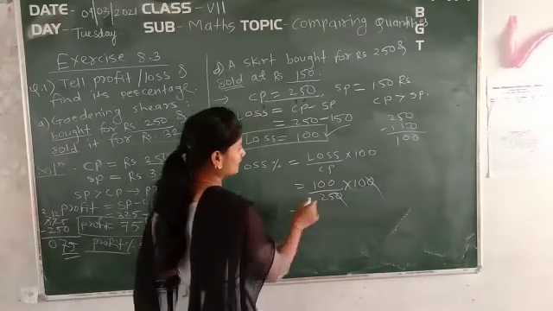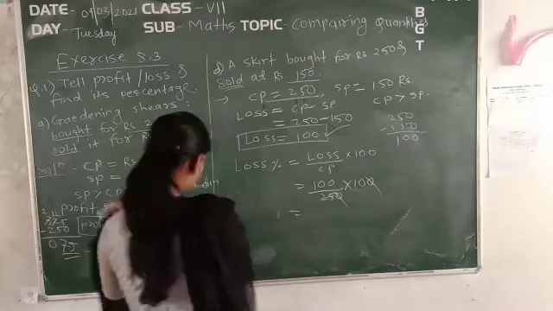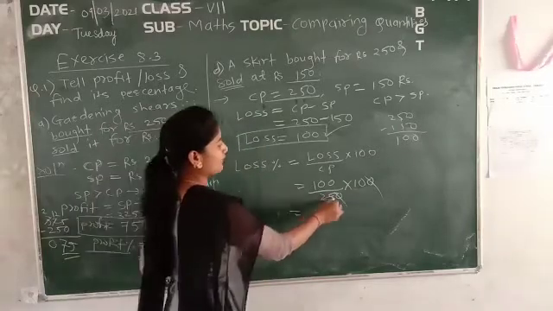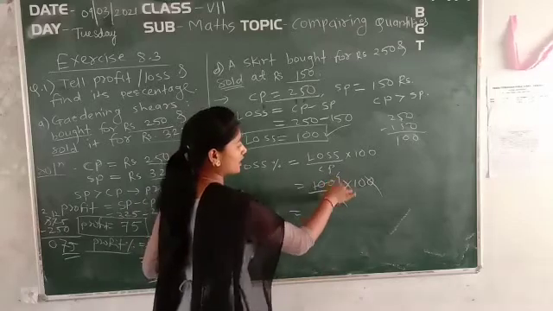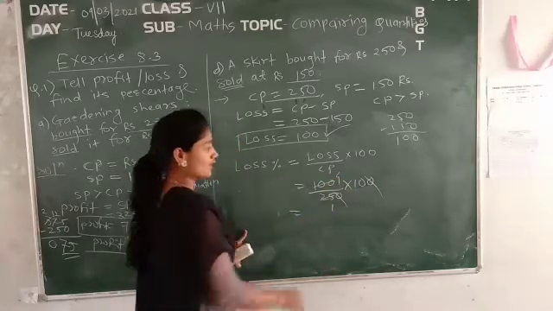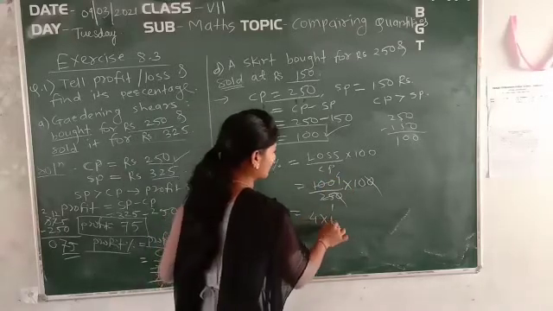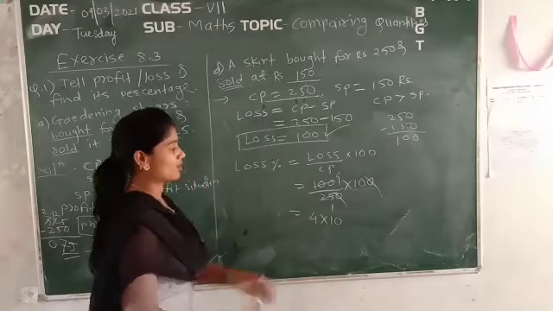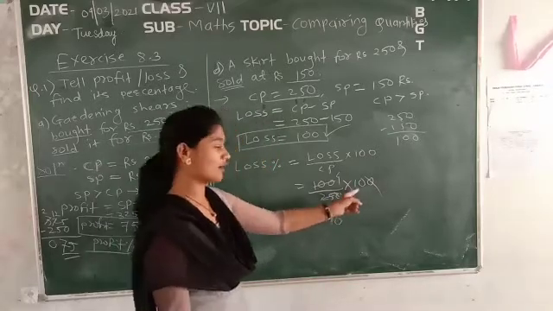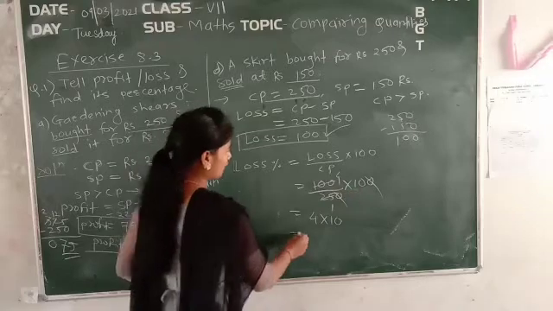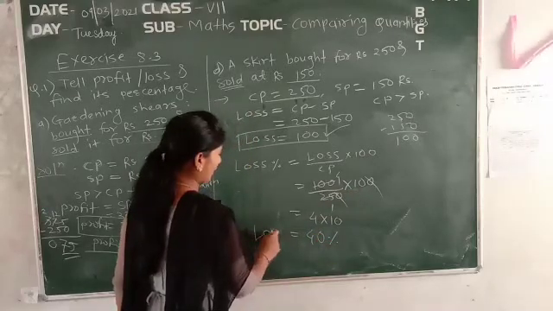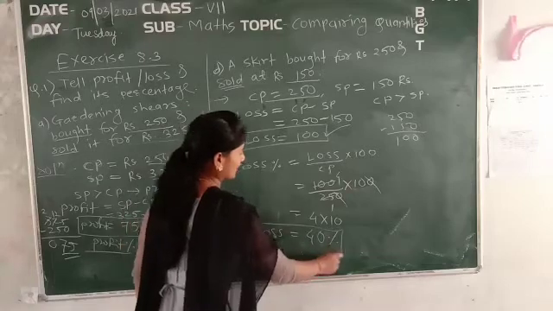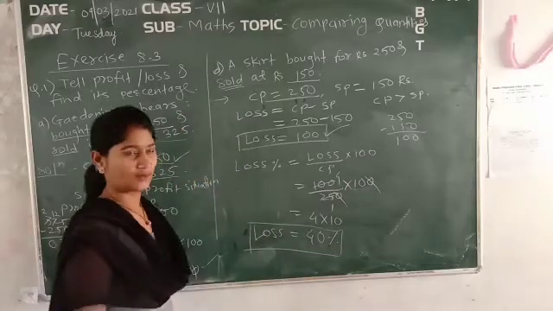What remains here? Okay. Now see here, 25 ones are 25. Here we can divide. Okay, 25 fours are 100. Okay, so that is 4 into 10 remaining because 10 gets cancelled. So what remains? 10 only. So which is equal to 4 tens are 40. So how much percent do we have? That is, loss percent is 40%. Okay.